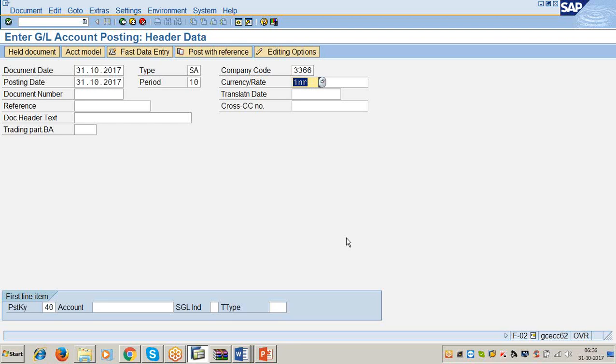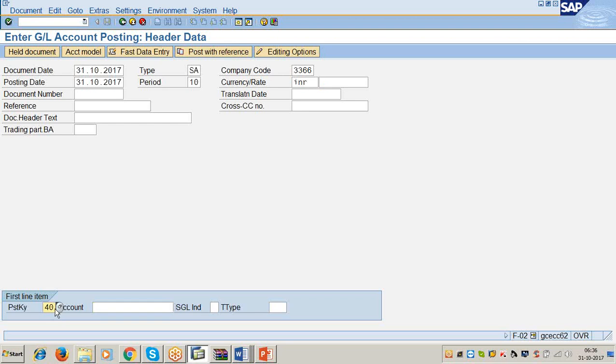So every time, the system compares the currency entered here with the currency entered at the time of creating the company code. If both currencies are the same, the system understands that it is also my own currency. If the currency entered here is different from the currency defined for the company code, the system understands that this is the foreign currency. That's how the system understands.